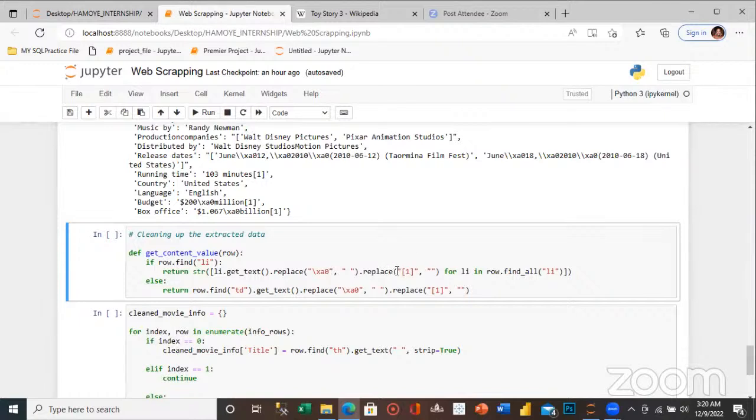Applying the second replace function, we put what we're replacing, and we say we don't want a space, we just put an apostrophe. The same thing here, we use the same replace function to do the same thing. So anywhere you see get_text, you put your dot and replace the things you want to replace. So when we run this,